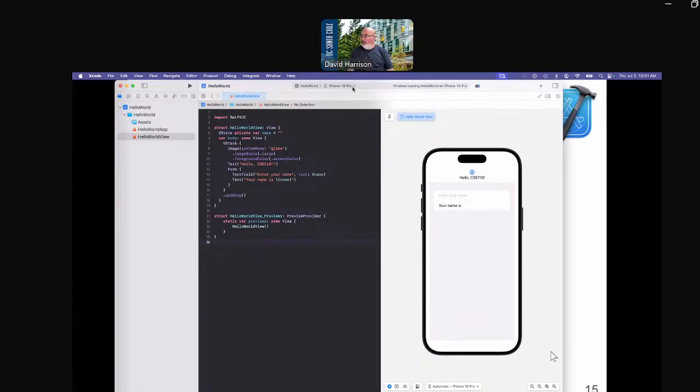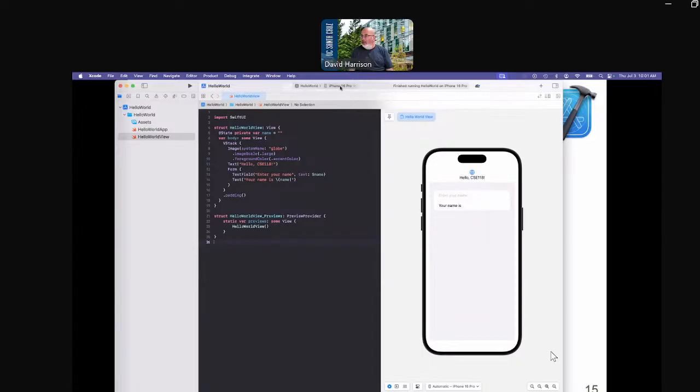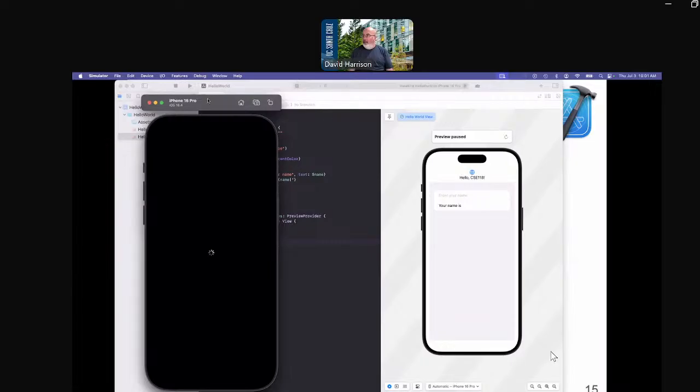But if we actually want to run it in a simulator, we can choose which one we want. I'd recommend a 16 Pro. It's pretty new, or a 16. Either way, choose something fairly new, and it will actually change the preview as well. When we actually run it, just by clicking the run button,